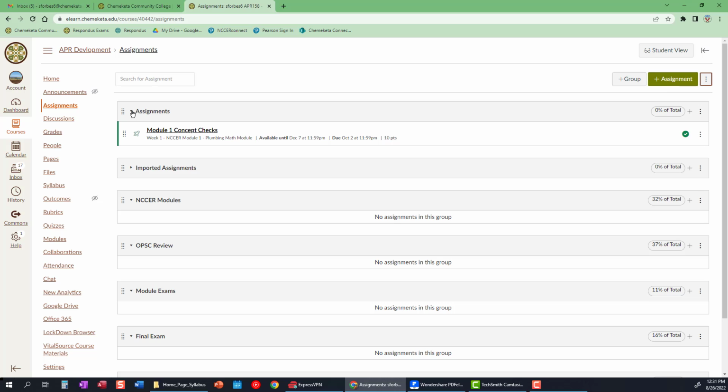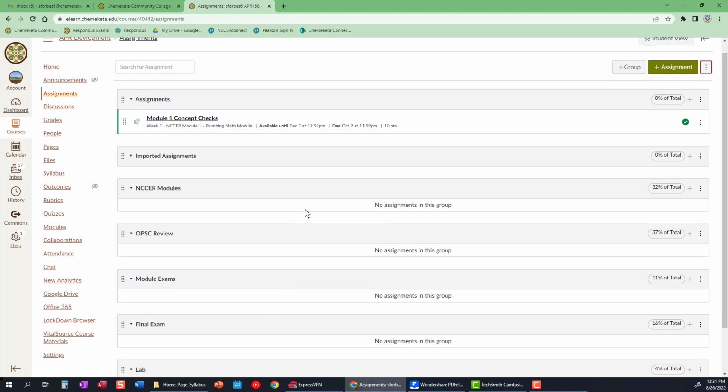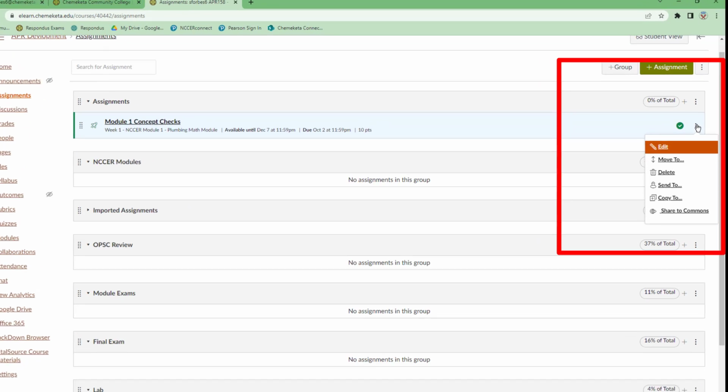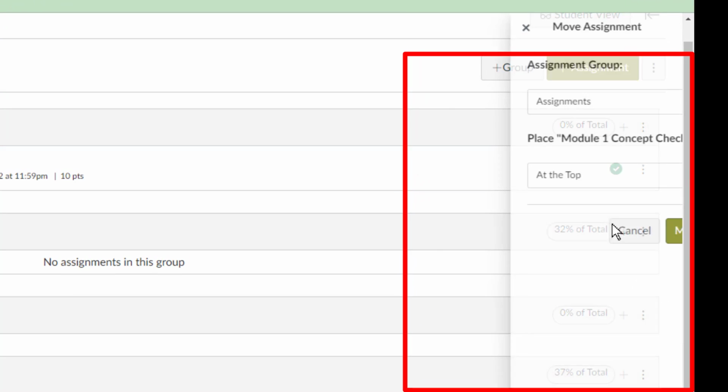So now let's take a look at our assignments page, and you can see that all of these categories now exist. So let's go about taking these various assignments that we have and putting them into the appropriate categories. Let's move this assignment here, Module 1 Concept Checks. We would select our options here, which is Move To,